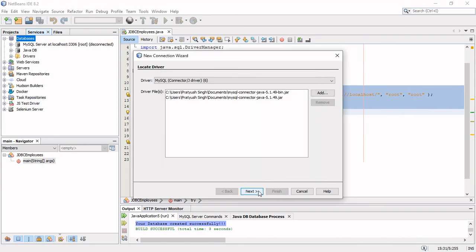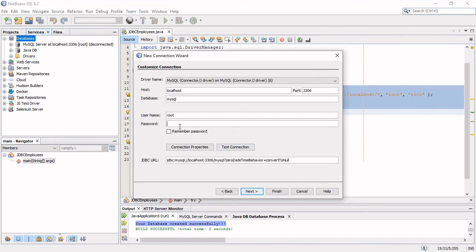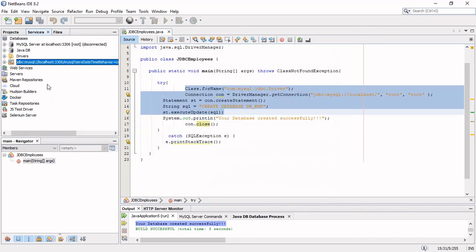Next, we have to enter the password of our database. Now let's test the connection. So connection succeeded. Now click on Finish. So now our database will be shown.